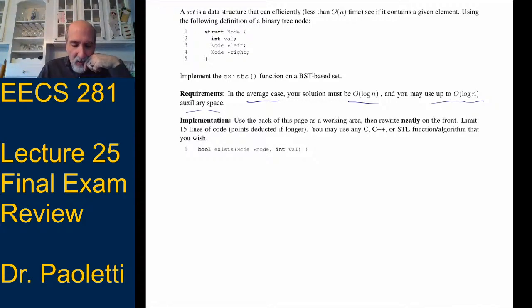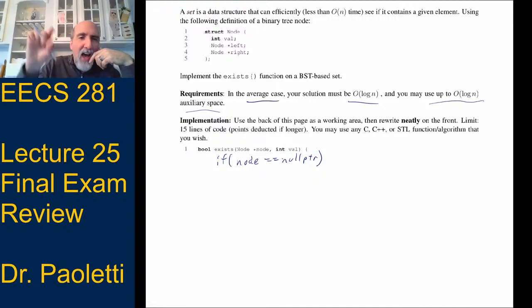All right, well, if we're doing a recursive solution, I need a base case, right? If the node pointer that you gave me is equal to null pointer. So if I reach a null pointer, so I'm looking for like 5 in the set of integers. I'm looking for 5, and I look left, I look right, I look left, I look left, and I find a null pointer, then I can say, oh, return false. It's not in here.